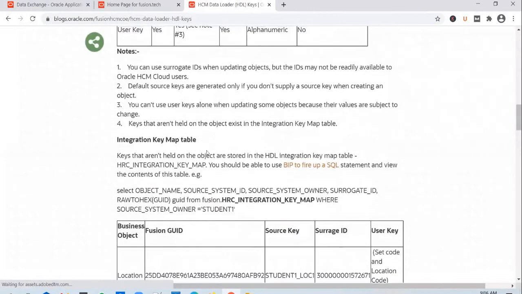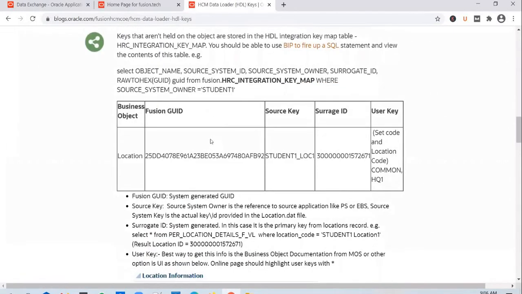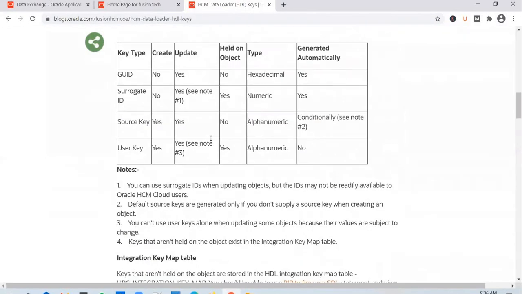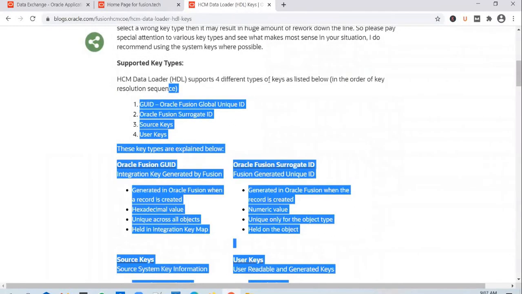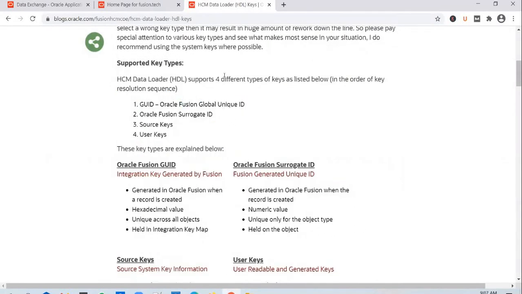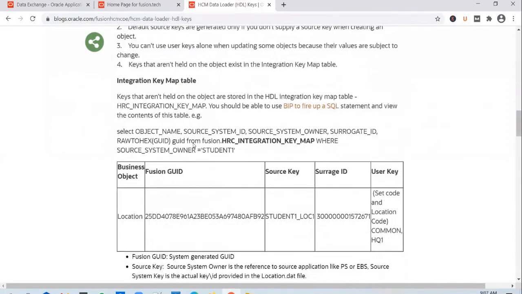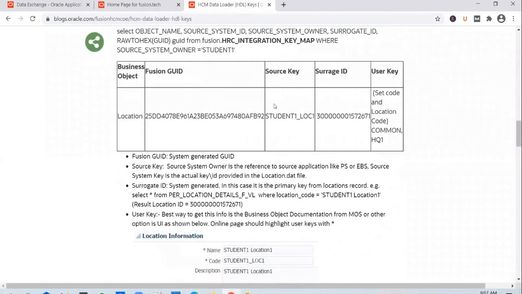When you load anything into HCM cloud using HCM data loader, there will be 4 keys that come into the picture. HCM data loader supports 4 different types of keys. Or to put it this way, whenever you load a record into HCM cloud with the HDL process, there will be 4 keys involved. So what are the 4 keys? If you scroll down, let's understand it with the help of an example.